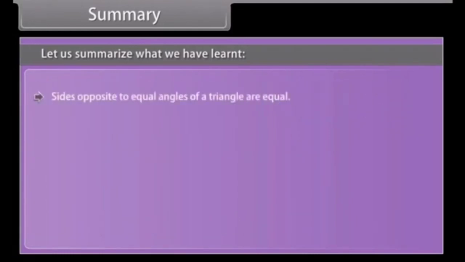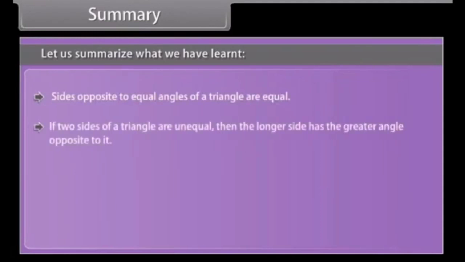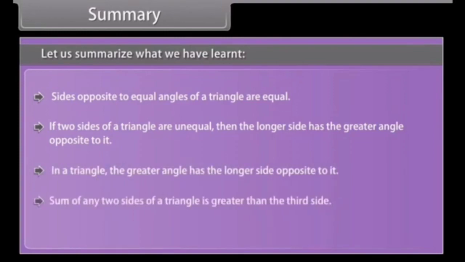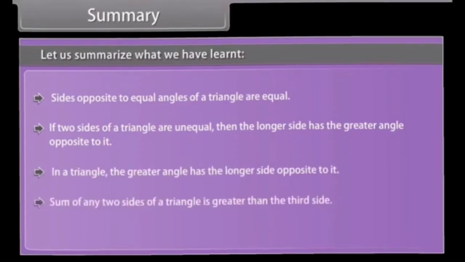Sides opposite to equal angles of a triangle are equal. If two sides of a triangle are unequal, then the longer side has the greater angle opposite to it. In a triangle, the greater angle has the longer side opposite to it. Sum of any two sides of a triangle is greater than the